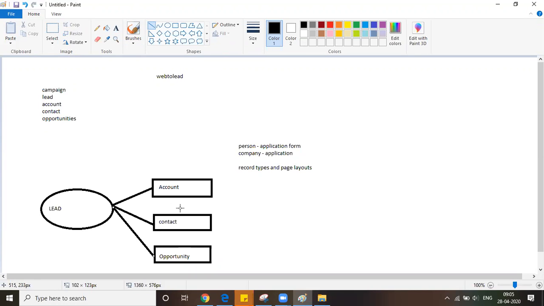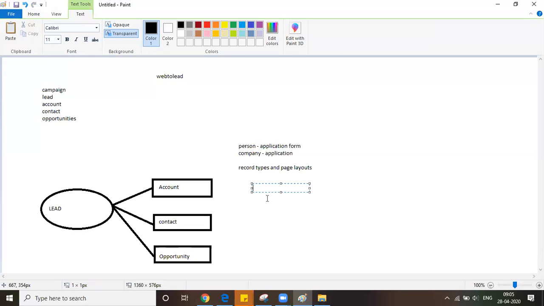If the requester is okay with the features or products of our company, the lead converts into an opportunity. If the requester is not okay with the products after discussion, this lead will not convert into an opportunity. This lead will convert into account and contact. They will keep this contact information for some days, like 15 days or 30 days or 90 days.